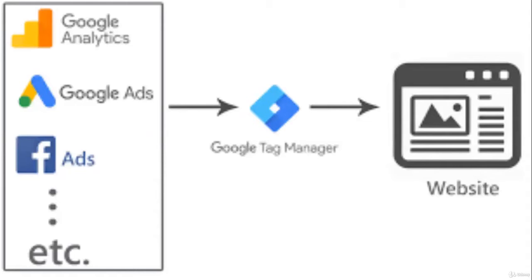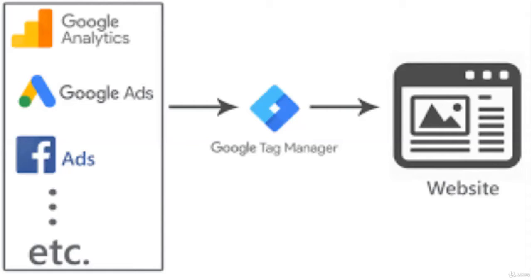You want to install the Facebook pixel tag, the Twitter pixel tag, and a CRM tag, let's say HubSpot. You want to install the Lead Forensics tag to know which companies are visiting your website, how much time they are spending, and what source and medium they are coming from. You want to install the Hotjar tag, which gives you heat maps of your website pages, the recordings, and the flow of visitors.